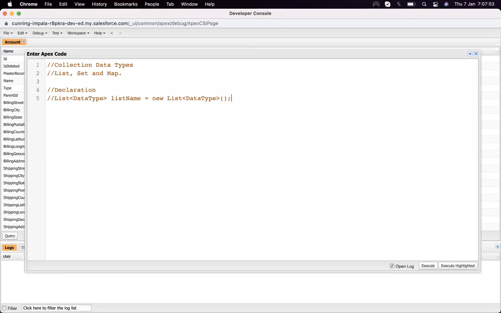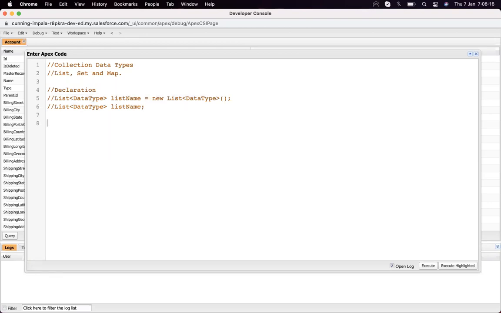In this way we are declaring a list inside Salesforce. We have this way, and we also have something like this way. Both are available, so you can use either way to declare a list. So let's start working on the list.